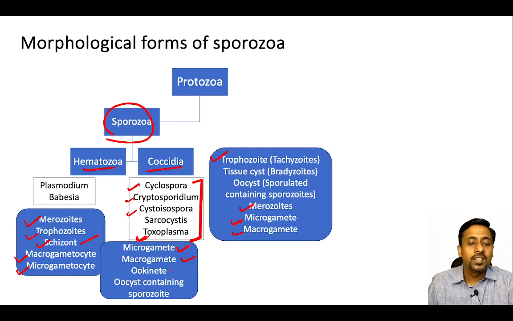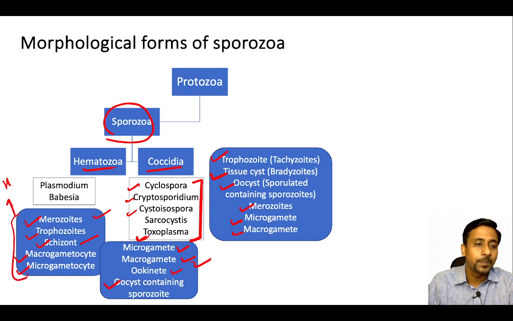And ookinete is again not present in coccidia, but the oocyst containing sporozoite is present in coccidia. And one more morphological form which is present only in coccidia is the tissue cyst, which is not present in hematozoa. Okay, so why did I make these two separate boxes for the morphological forms of hematozoa? Because the morphological forms mentioned in this box are present inside the human host, and these morphological forms are present inside the insect host,